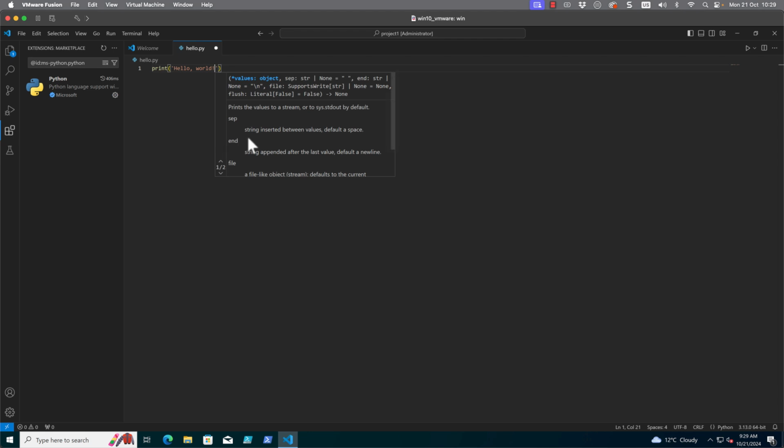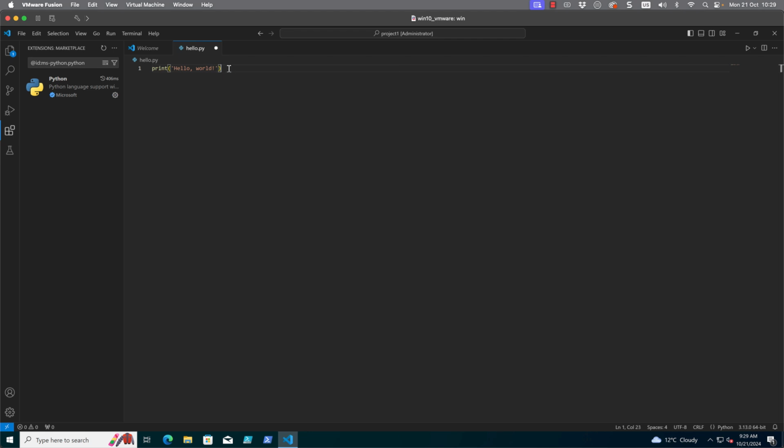With my print statement nicely created, I can move across now and choose the little diamond on the top right-hand side so I can execute the file from here as well. And you can see it opens up a terminal towards the bottom and I get the hello world printing. So the advantage that I have with the integrated development environment is I can develop my code and execute the code from the one application.